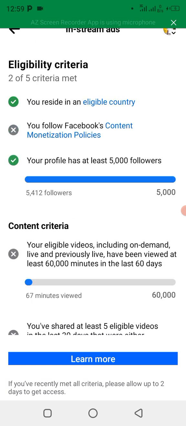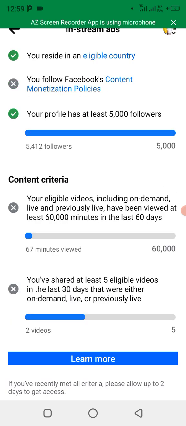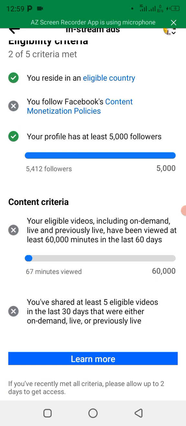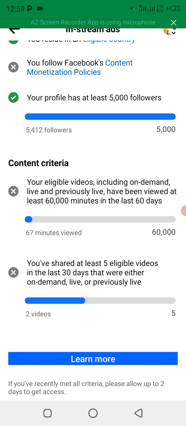And we also have this particular place where you follow the Facebook content monetization policy. So that one, because I've not reached the threshold, they are giving me this particular content monetization policy. They mark it with ash, and you can see this particular place. You need your profile to have at least